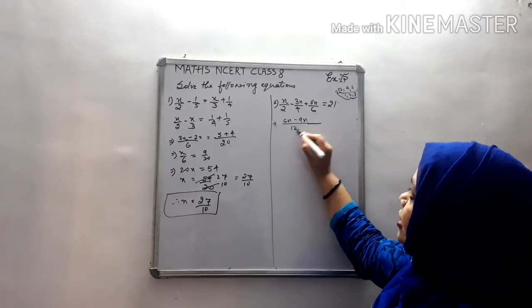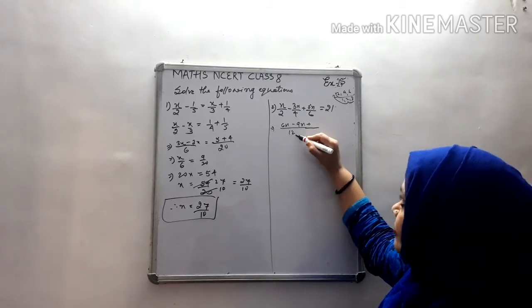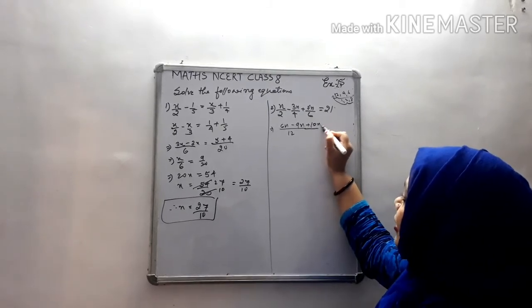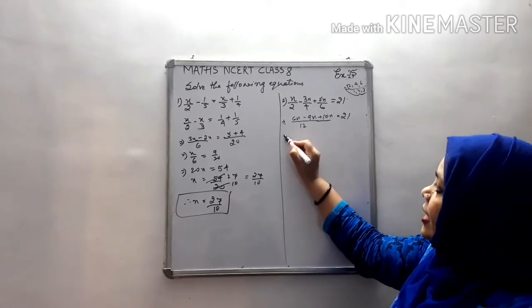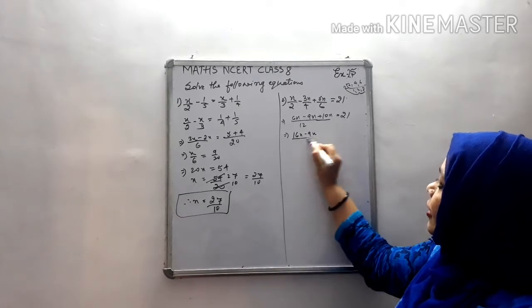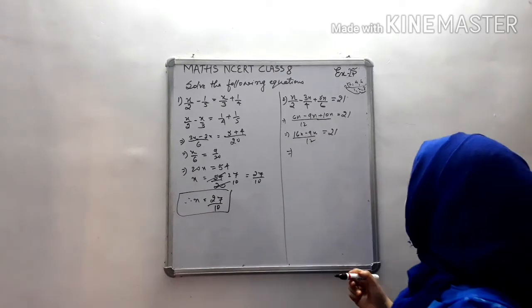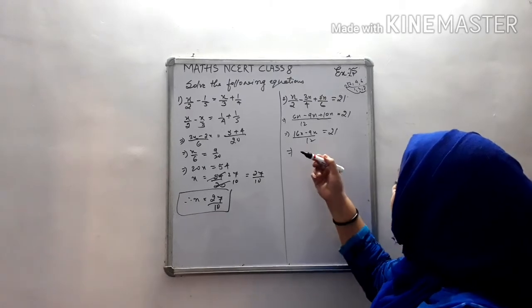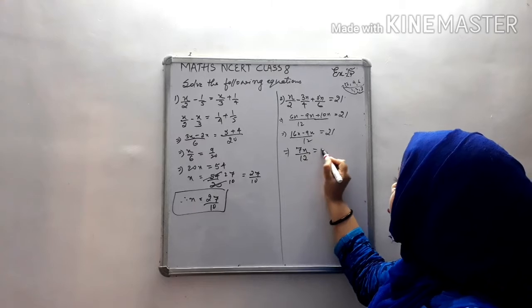Okay. Now 6 2s are 12 and 5 2s are 10, 2 comes, then 5 is 10. 10n is equal to 21. Now look here, 10n and 6n, 16n minus 9n by 12 is equal to 21. 16 minus 9, what will be? 16 minus 9 is equal to 7. 7n by 12 is equal to 21.